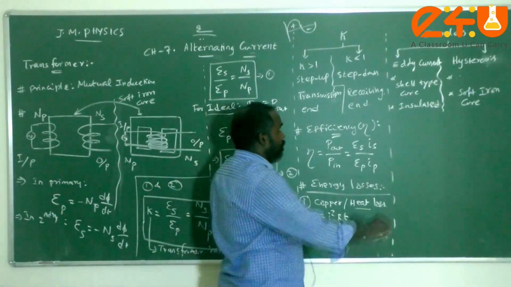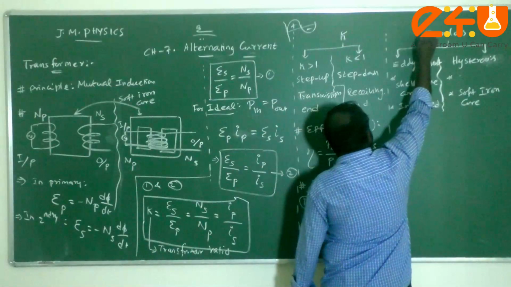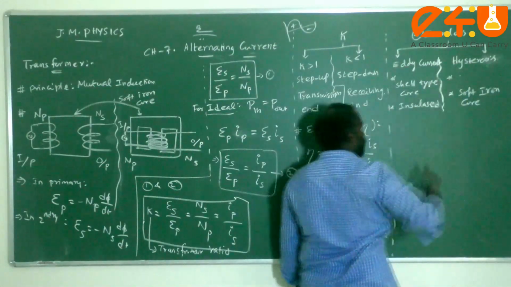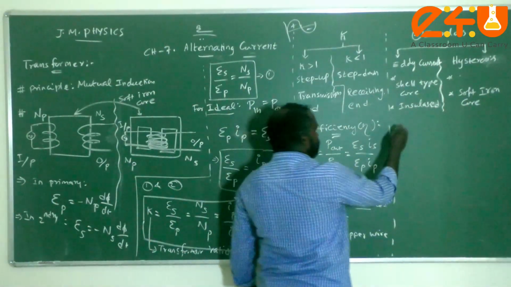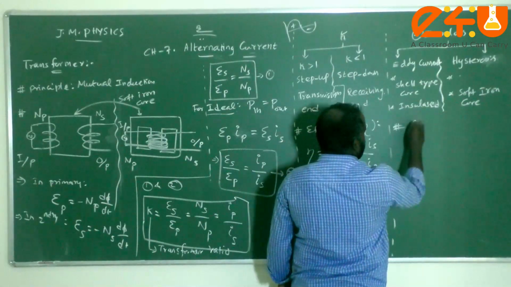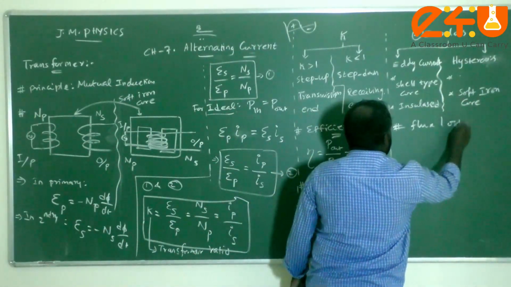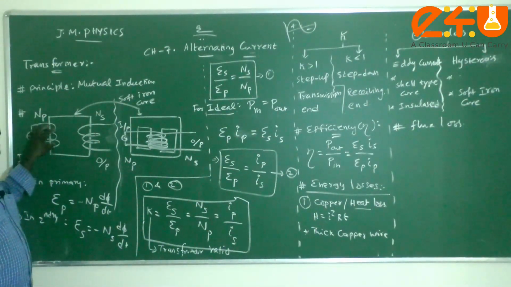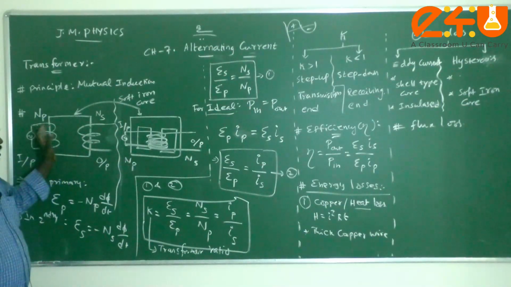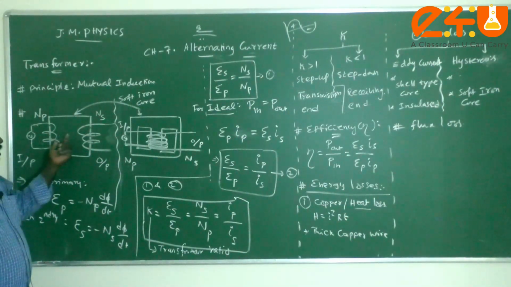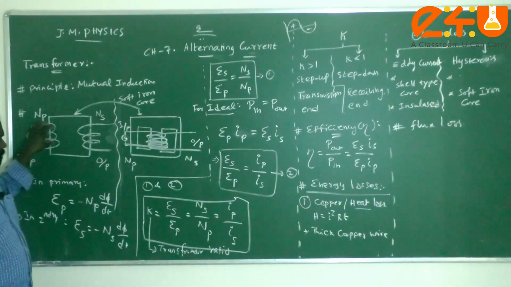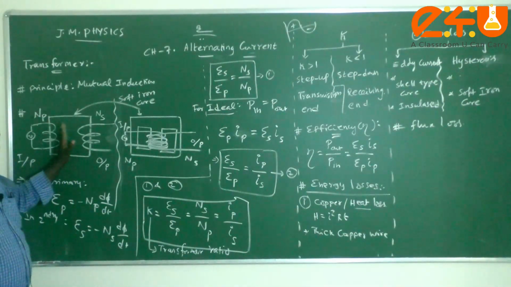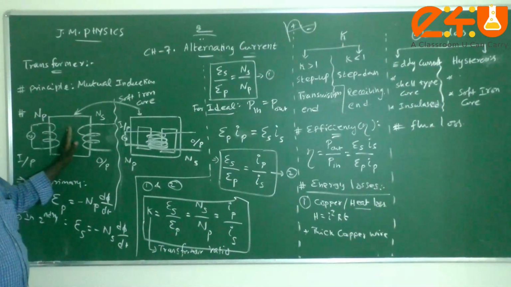Okay, students. So the next one. This is the second one, and in the second there are two subdivisions. The next one is flux loss. What is the other one, children? Flux loss. Just now we saw that in the ideal situation, all the magnetic flux produced in the primary winding is linked with the secondary. That means there is no leakage. But in practice there will be an air gap. So the magnetic field lines produced here do not completely pass through here. That means there will be leakage of the flux.